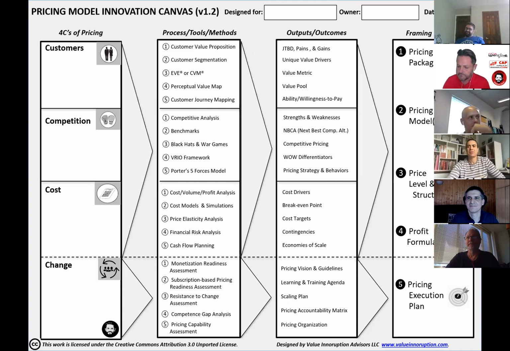Okay, so in the spirit of agility, the PMIC is a framework with the 4 C's. What you put in the process, tools, methods, and the outcome and output is yours to change. There's plenty of other methods that you could include in there that I have not listed. There's so much you could put on one slide. These are the typical ones that can be used, but I'm sure in specific markets, there are regulations,